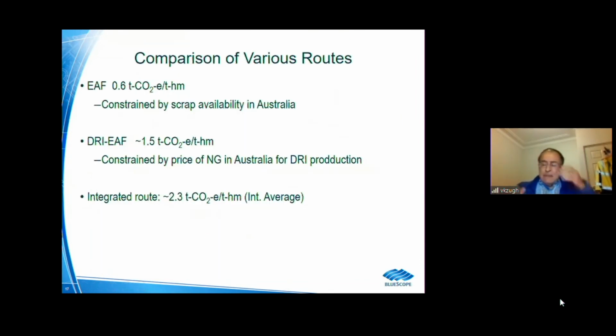Okay, so to put a little bit of context into this whole discussion, I think it was mentioned a few times this morning in John's presentation. The EAF option, if the steel is produced by the EAF route, is about 0.6 tons of CO2 equivalent per ton of steel. The DRI EAF ranges from about 1.5, 1.6 downwards. And the integrated route has an international average of about 2.3 tons of CO2 per ton of hot metal. But